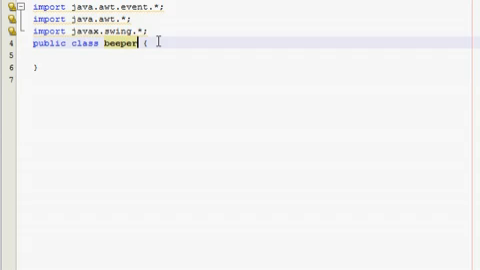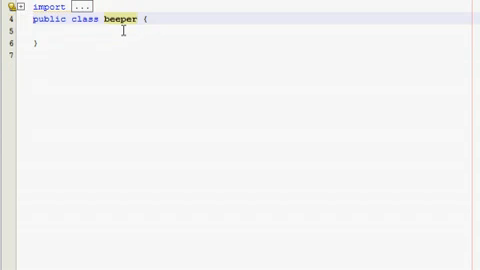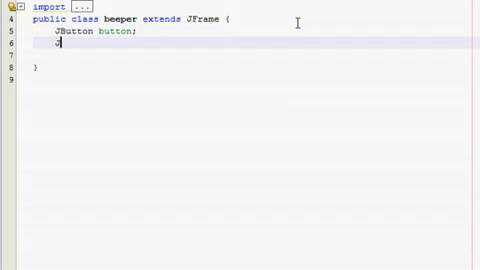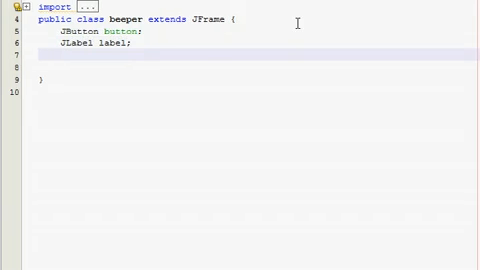So these are all the imports we're going to use, so I'm going to close them, just get them out of my way. And this extends JFrame, nothing new there. And we're going to have a couple variables. We're going to need a button and a label, a few integers, and a string. So we need a JButton button, a JLabel label, and then we're gonna need these integers,